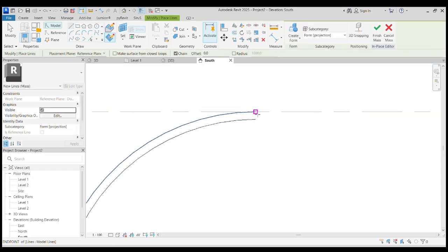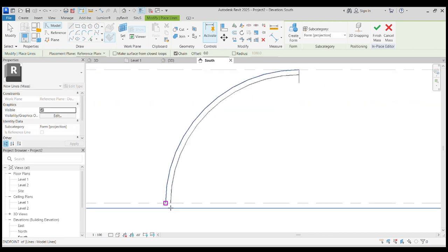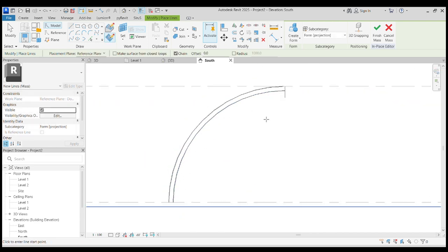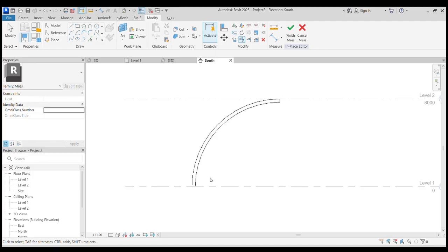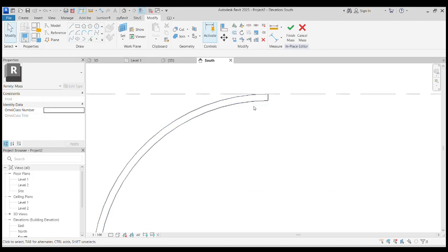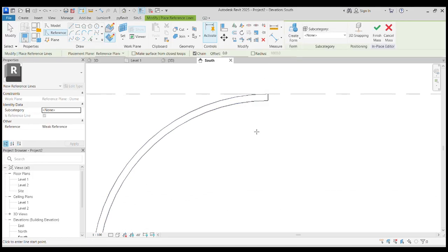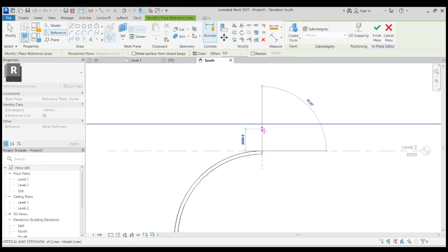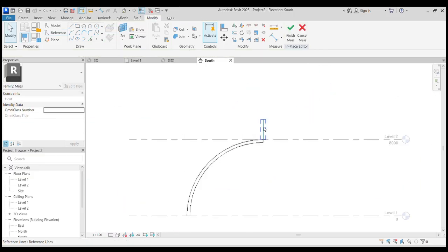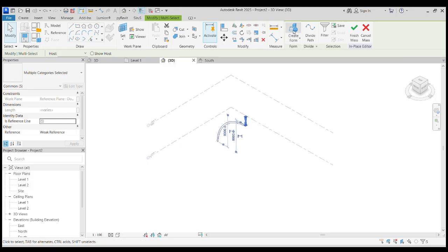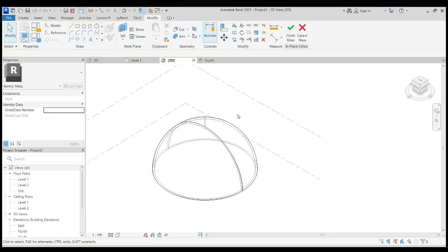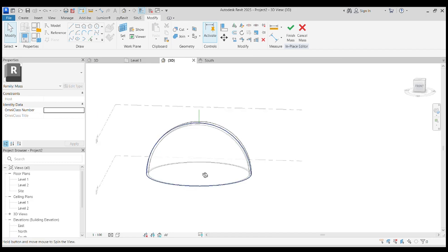And then we're going to do this, make it look like a crust, you know. All right, trim. So the last thing that you have to do is go to reference, draw a reference line like this, and you have to select these two together. Go to the 3D view, create from. All right, now you have a half sphere like